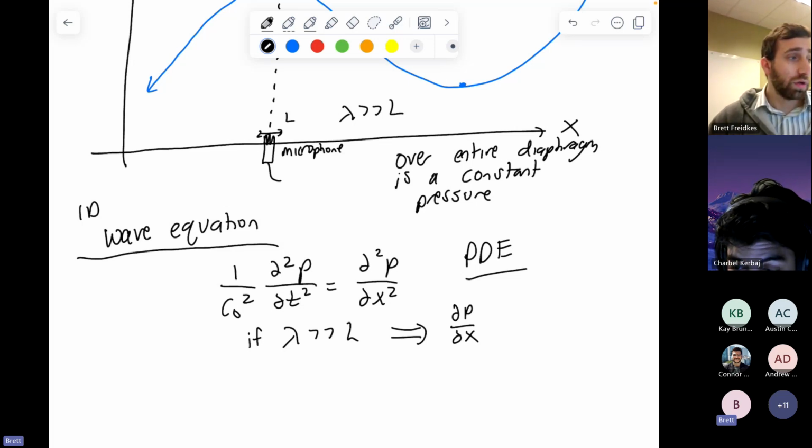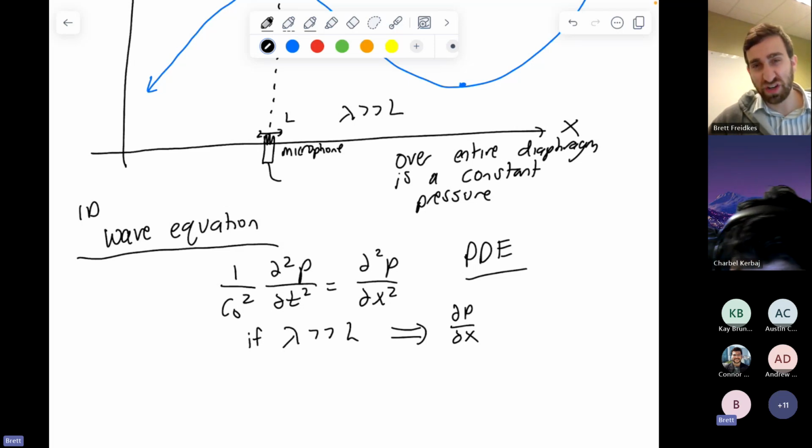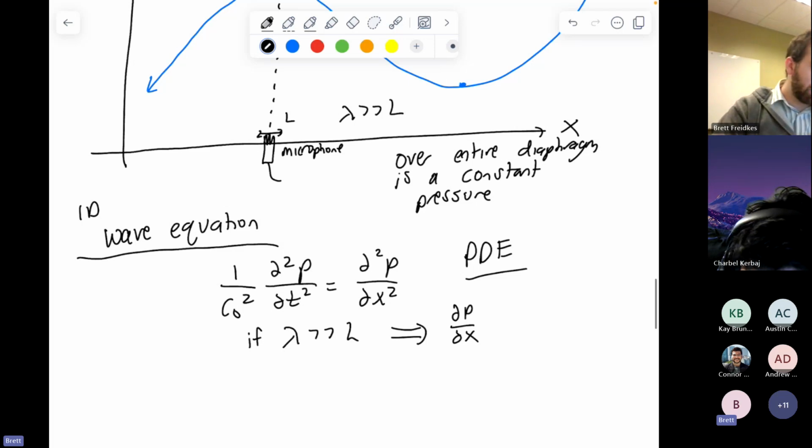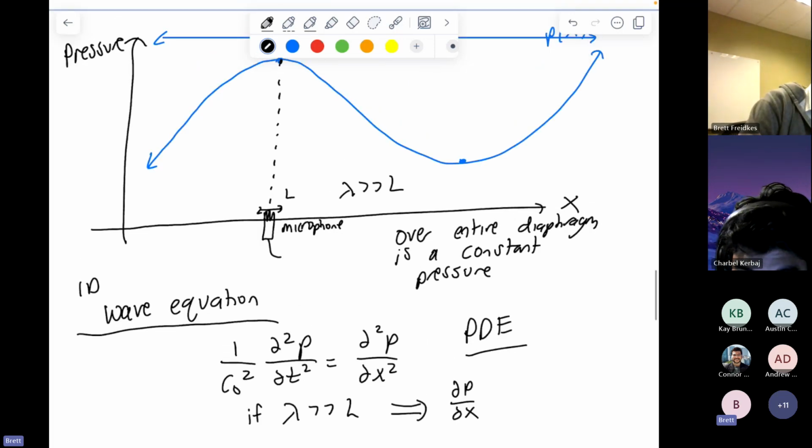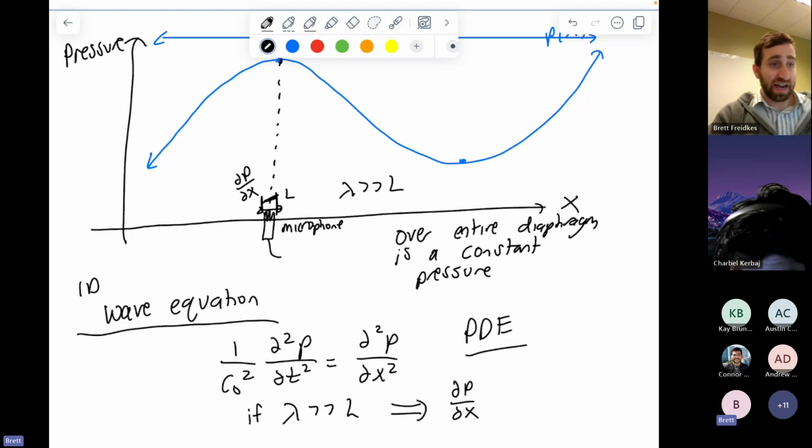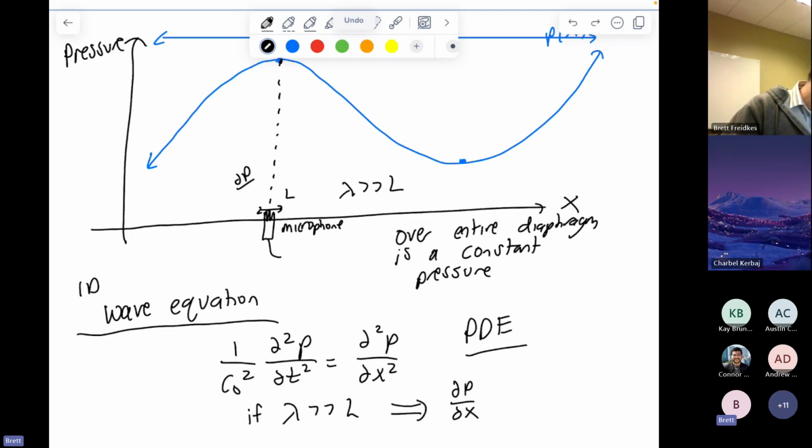If you look at how the pressure changes as a function of x across the diaphragm, what do you think that is, based on what I just mentioned up here? What is dp/dx over this diaphragm? If I start here versus here, how is the pressure changing across that diaphragm? It's 0. That's correct. dp/dx is 0